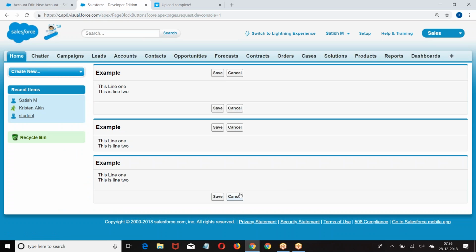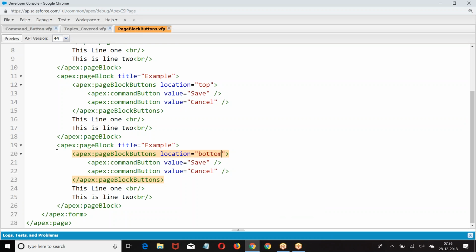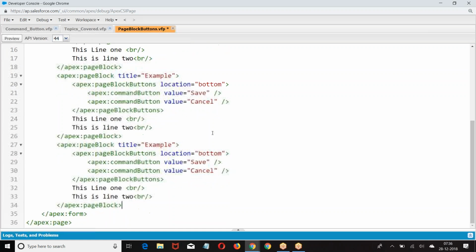We are able to see buttons at the footer. Location equal to top, location equal to bottom. Then we have